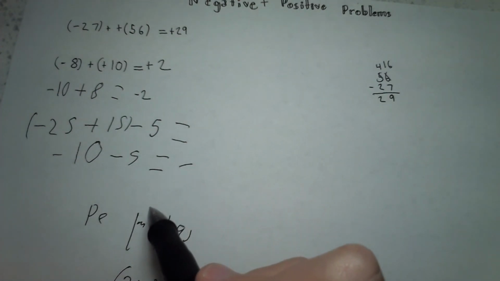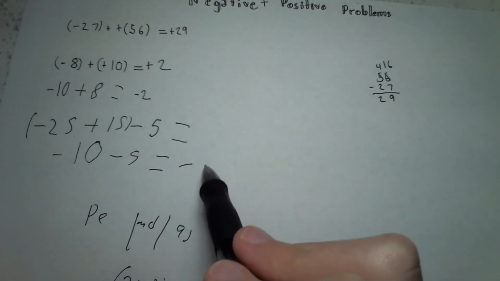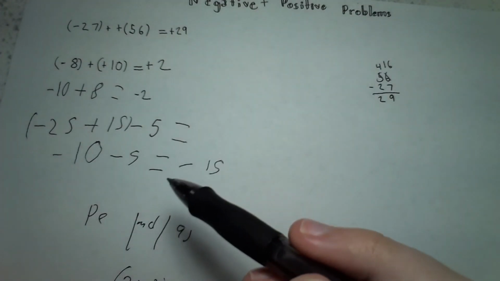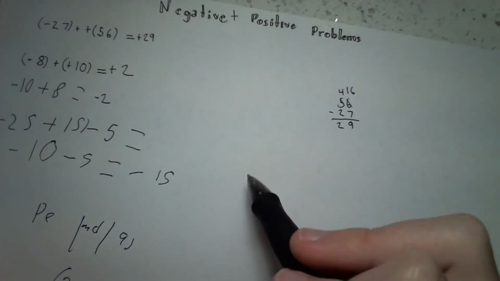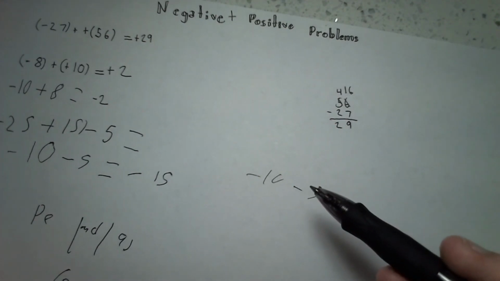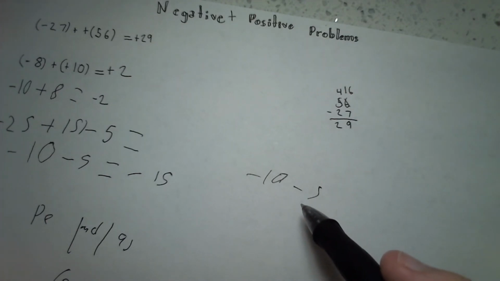Negative 10 minus 5 is negative 5. Wait, I haven't learned to do subtraction yet. Negative 15. Okay. So whenever you do a negative minus a negative, what happens? What is that? Oh, 10 minus 5. Okay, what happens is